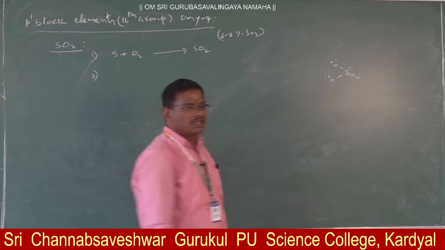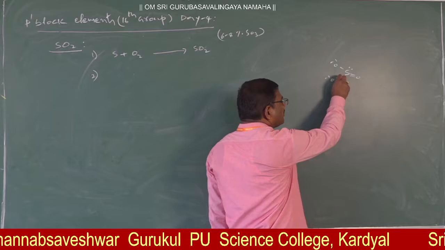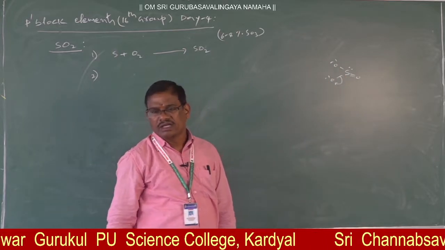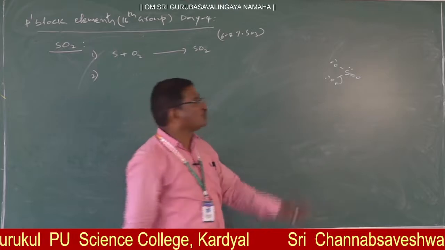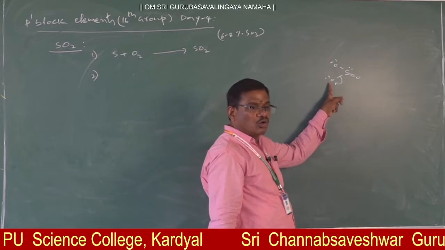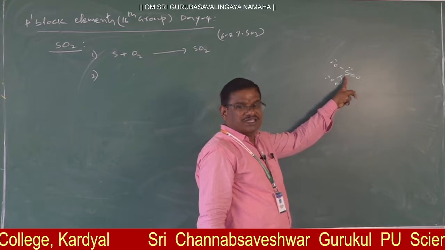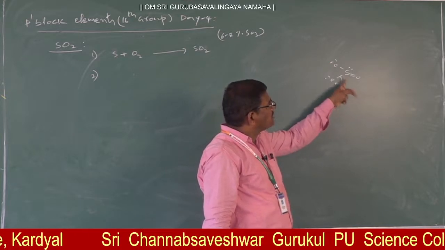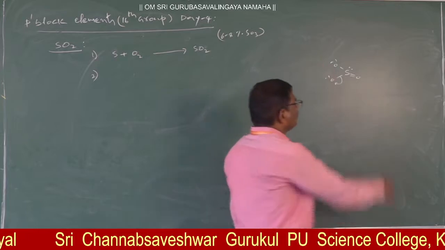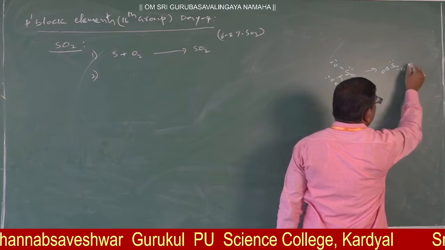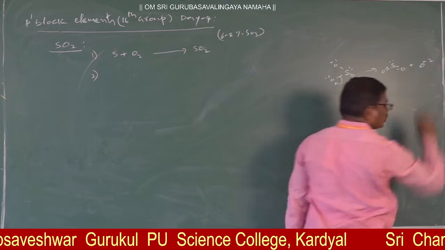sulfite. Correct? In this sulfite, this oxygen, due to its higher electronegativity, if the shared pair of electrons is taken towards it, it gets converted into O2 minus, and the sulfur becomes S plus. Between plus and minus, one more bond is able to form. Therefore, what is it going to yield? S double bond O with a lone pair, along with that O2 minus.